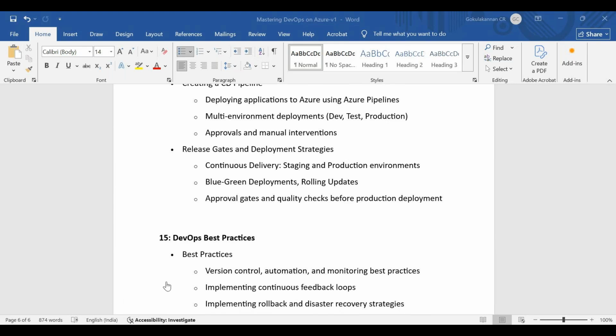So we are not going to cover it as a separate one here. But the Jenkins and this or else Azure pipeline, we will be doing a deep dive, so that we can use it as a reference for this GitLab. So the concept will be more or less the same.